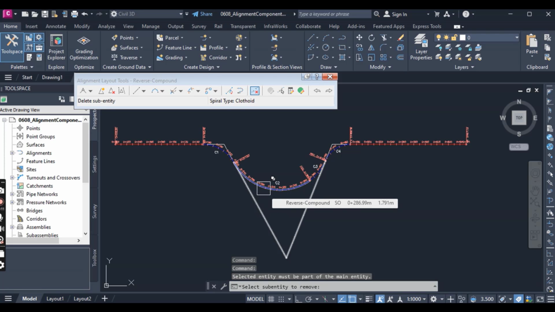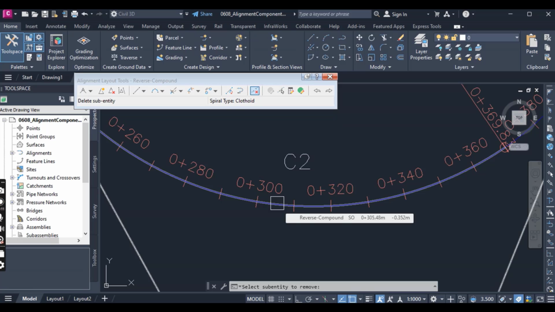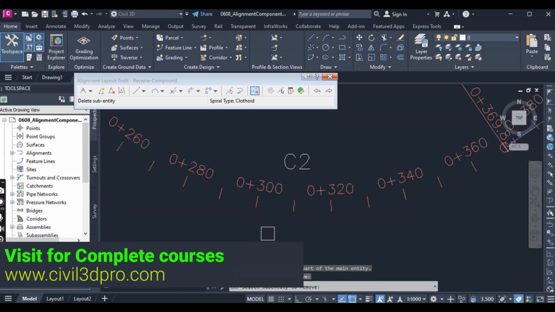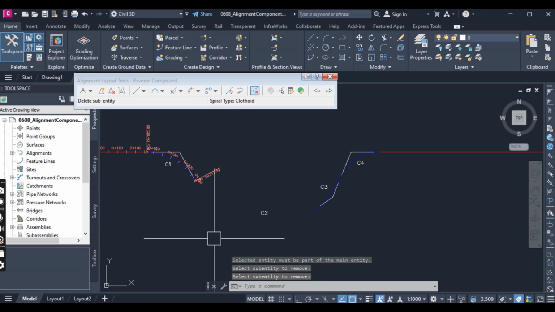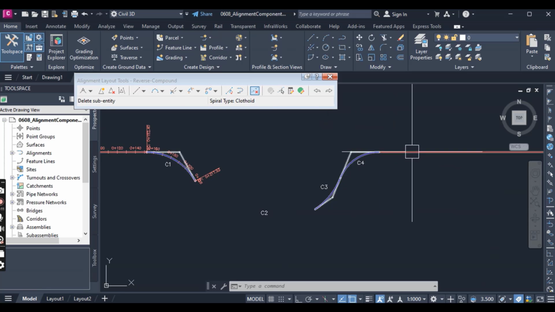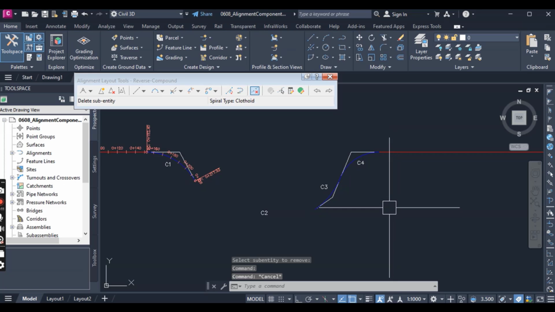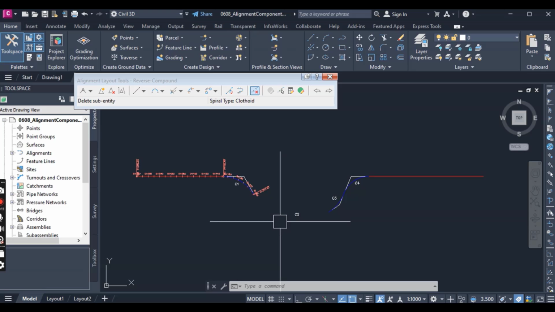It reads, select subentity to remove. When prompted like this, just pick curve 2. You will see curve 2 here, just select it to remove it and then press enter to end the command. Note that the last two curves and tangents are still part of the alignment, but they lost connection to the first part of the alignment for now. So select floating line